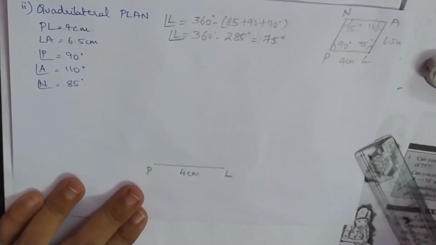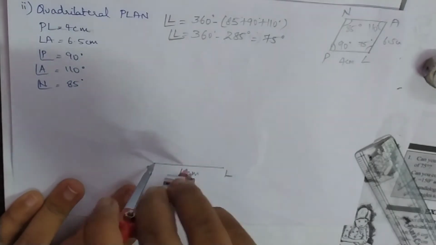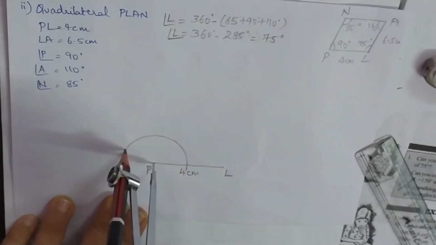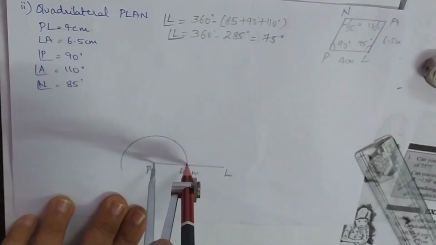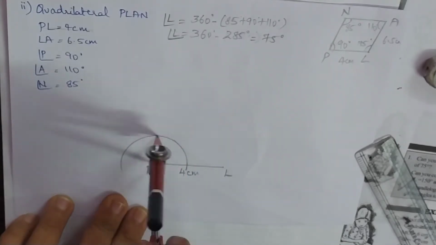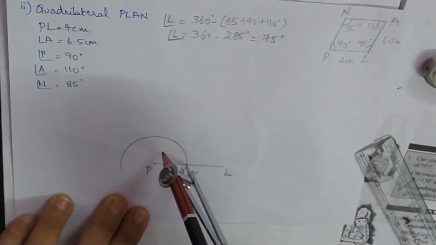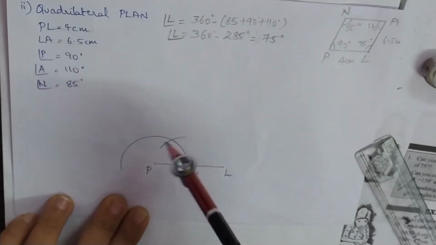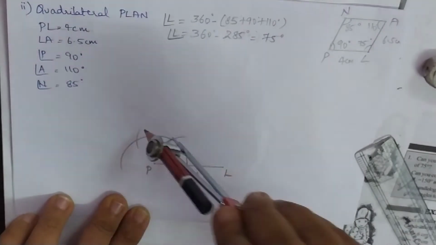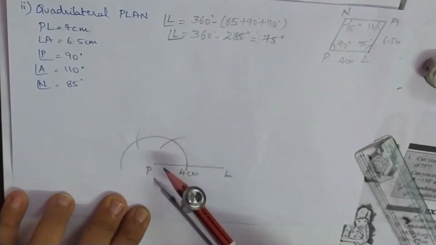Now we are going to draw 90 degrees at P. So take your compass, open randomly, children, and draw a semicircular arc. It should not be a very small measurement when you open the compass, and it should not be very big either. At an average, you just open the compass and draw a semicircle. Then keep your compass edge at the point where the arc and the line meet and draw 2 arcs. Don't change the measurement. The first arc represents 60 degrees. The second arc represents 120 degrees. In between comes 90 degrees.